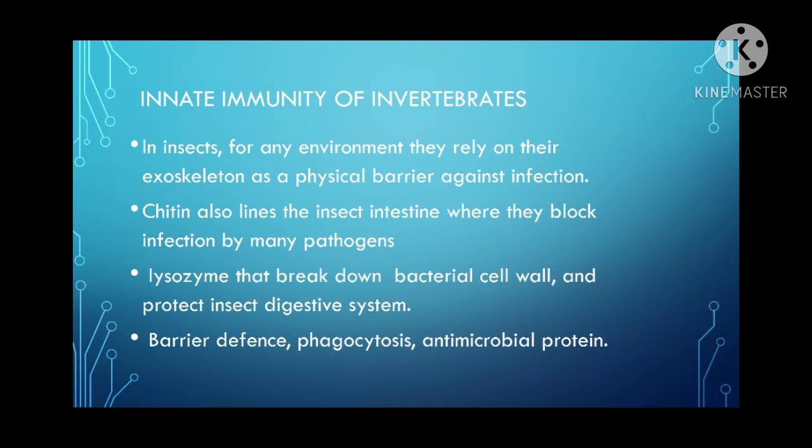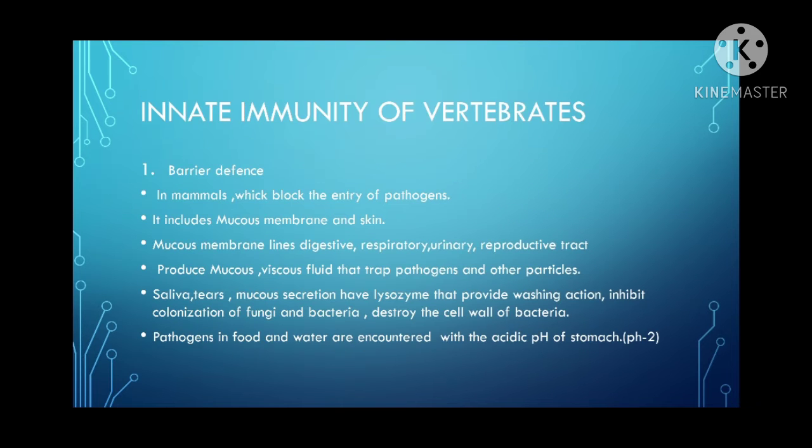There are various ways by which innate immunity of invertebrates takes place: first is barrier defense, second is phagocytosis, and third is antimicrobial proteins. These we'll discuss in further slides. So let's start with the innate immunity of vertebrates. I hope that all of you are aware of vertebrates. The first mechanism that vertebrates use to encounter pathogens is